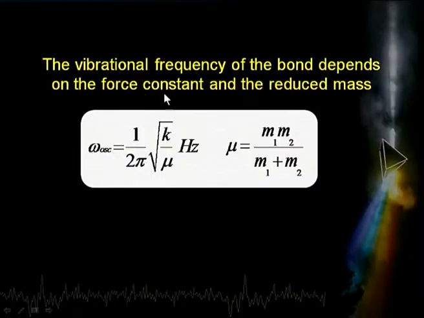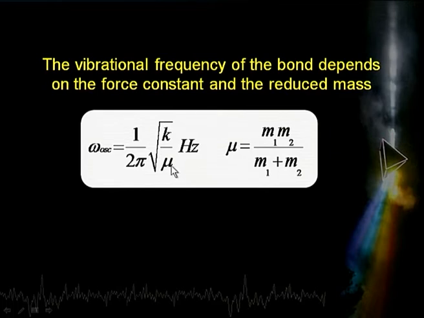Now, besides Hooke's law, there is one very important formula which we have to bear in mind: the vibration frequency of the bond depends on two parameters. One is called the force constant, that is why we talked about Hooke's law. Force constant basically is the restoring force. In terms of our molecules, this refers to the strength of the bond. So, K is a measure of the strength of the bond, called the force constant here,